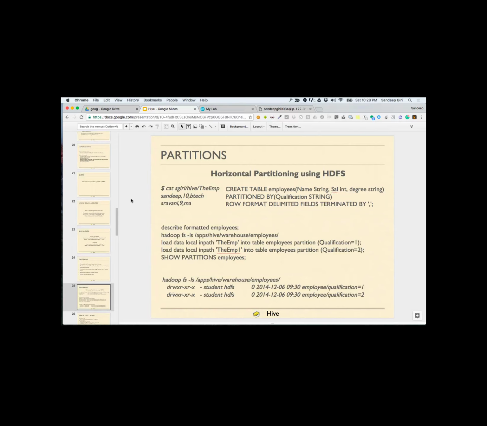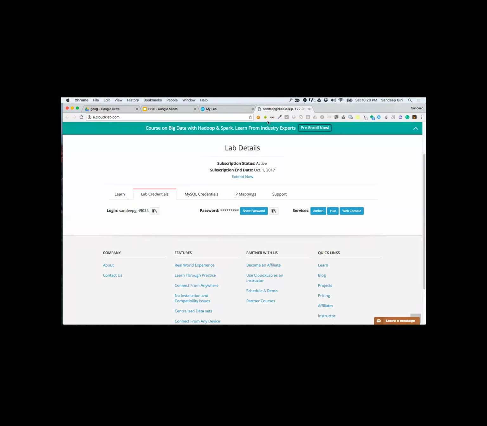All right. So let's say we have a table called employees. Let me create this table for you. Okay. And there is a file called emp. Okay. Where is this file located?